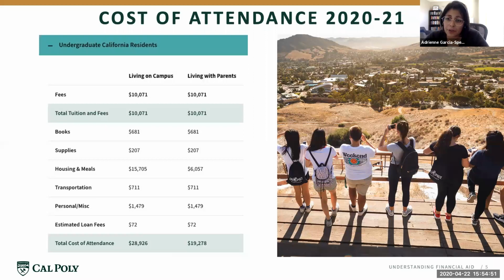So if you're eligible for the California Dream Act application, I would want you to look at your financial aid package and take a look at what is offered there. So it could be the case that because we don't have a lot of loans, we do participate in the Dream Loan program, but it is a limited program here, that your full cost of attendance is not being met by what is offered in your financial aid package. Our scholarship website on our financial aid website has a list to outside scholarships, and we also have a Dream Center. And so if you visit the Dream Center website at Cal Poly, they have a list to a lot of scholarship resources that'll help meet that cost of attendance for you.